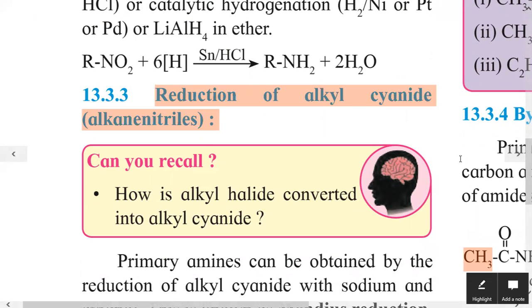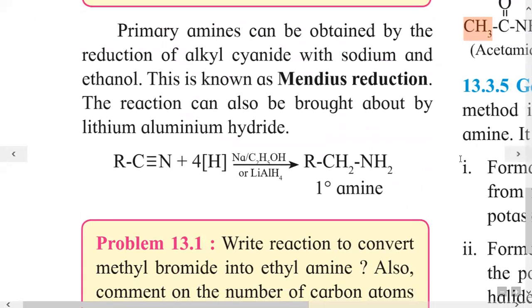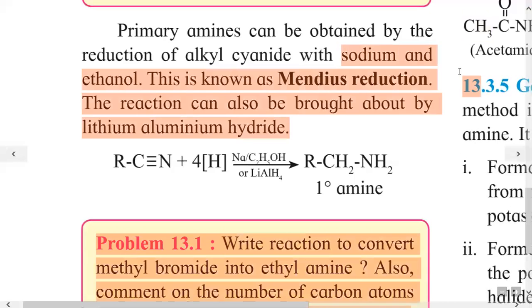Alkyl cyanide has the general formula R-C triple bond N. So primary amines can be obtained by the reduction of alkyl cyanide with sodium and ethanol, and this reaction is a well-known reaction called Mendius reduction. So what is Mendius reduction? When alkyl cyanide is reduced using sodium and ethanol, we get primary amine, and this reduction is called